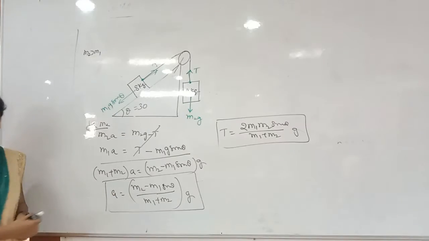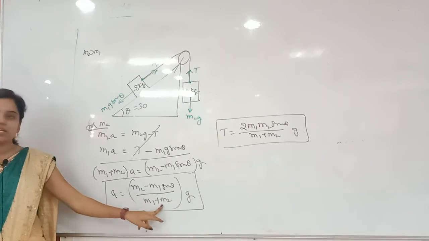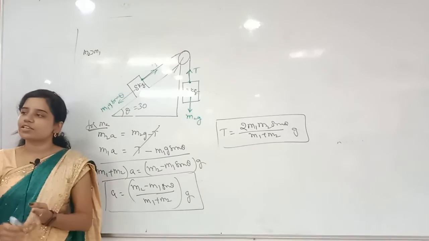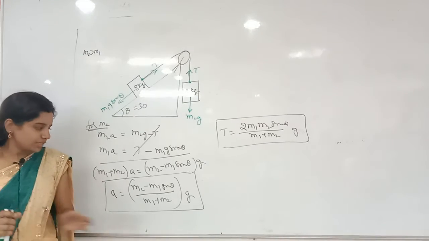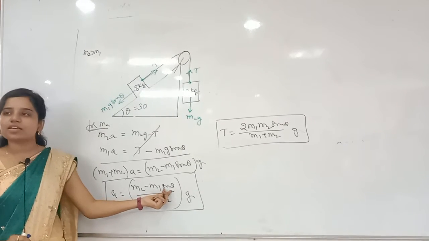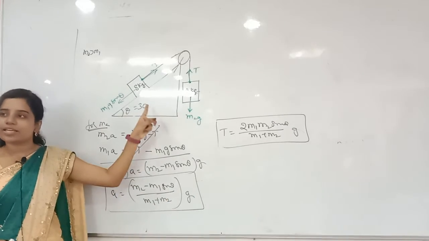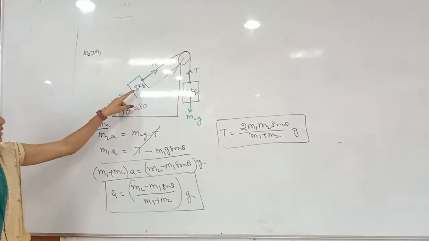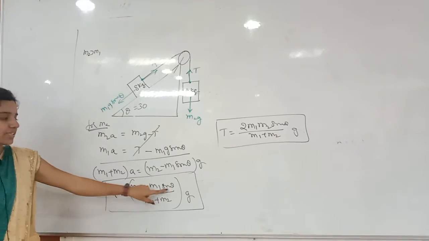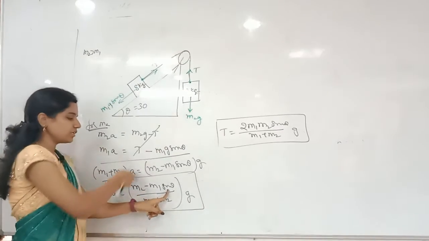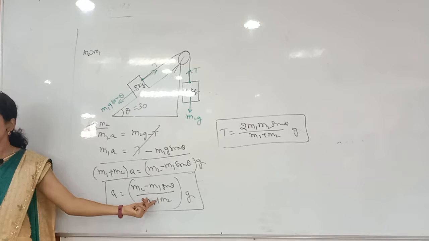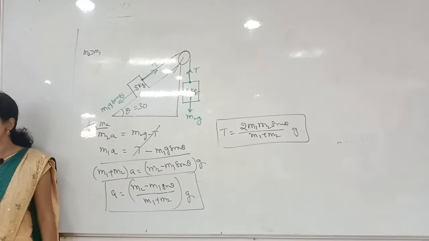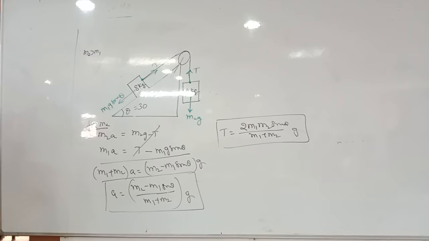So here this is the formula for us: (m2 minus m1 sin theta) by (m1 plus m2). If you don't decide which is m1, which is m2, if you don't know which direction the bodies will move, don't worry about that. Just substitute in this formula. For which one will sin theta come, I said? Whichever is there on the inclined plane, for that it will come. On the inclined plane, who is there? 8 kg is there. 8 sin 30, how much? 4 minus 4. So what is the answer? 0. That's it. Substitute in this formula, you will get the answer. m1 is 8 and then m2 is 4. That's it. Clear everybody? Yes, next problem.